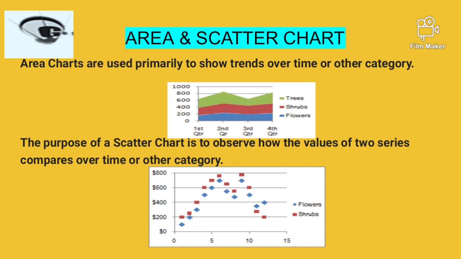A scatter chart is used to represent comparisons of data but of two categories only. It is not suitable to represent the comparison among more than two categories. It only represents the comparison of two categories. For example, if we are comparing three or four companies in terms of their sales and we have chosen a scatter chart, then the scatter chart will only represent the category comparison of two companies only. It will exclude all the other companies. So a scatter chart is basically used to represent comparisons among two categories only.